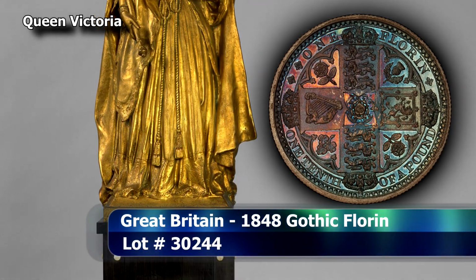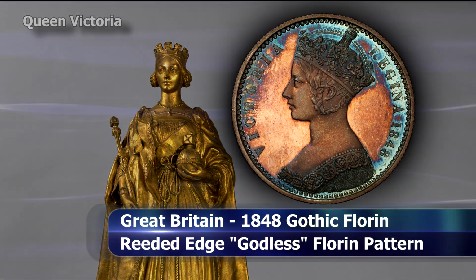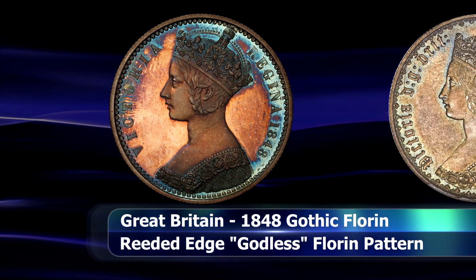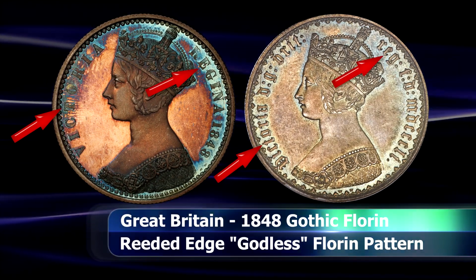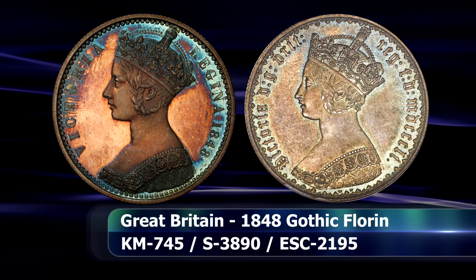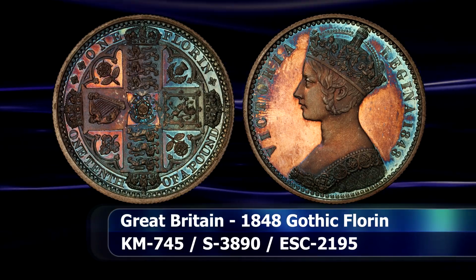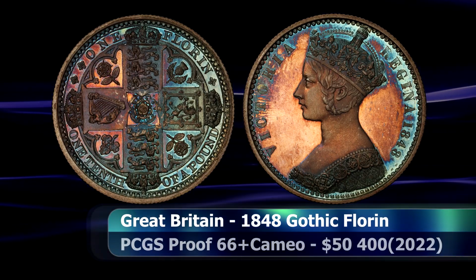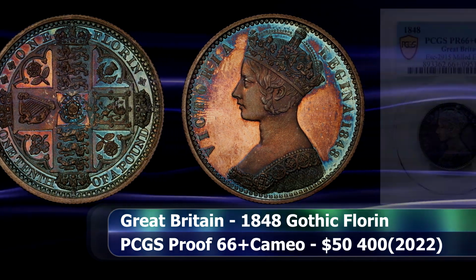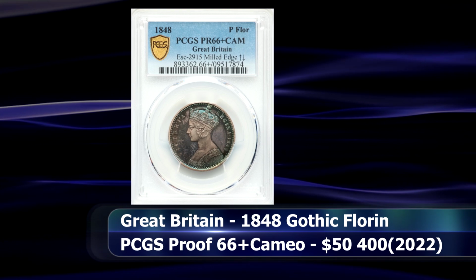Struck a year before its controversial release as a circulation coin, this is a pattern version of the notorious Godless Florin, awarded the peculiar sobriquet for its omission of the DG or De Gratia portion of Victoria's titles on the obverse of the coin, meaning Victoria, Queen, by the grace of God. Only on this coin there's no strict mention of God. Thus, the Godless Florin was born, graded by PCGS as Proof 66 plus Cameo with some truly stunning toning. This is an excellent representative of the Gothic series, and the coin managed to sell at auction for